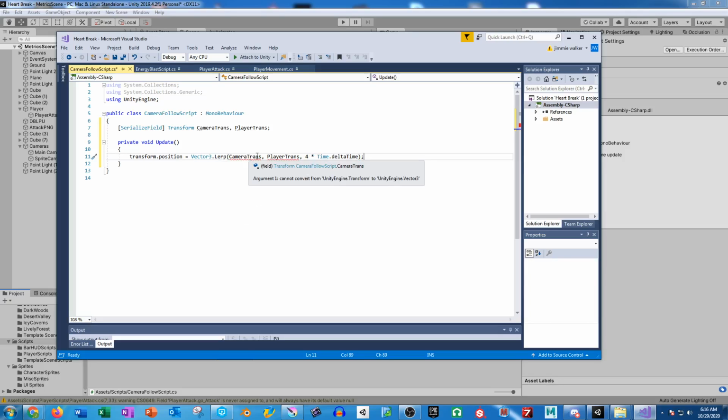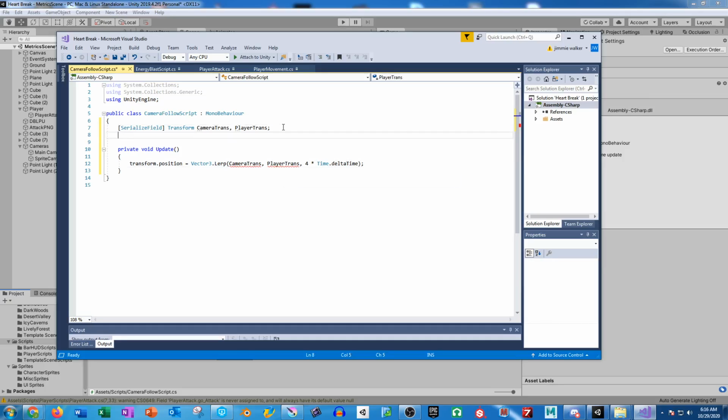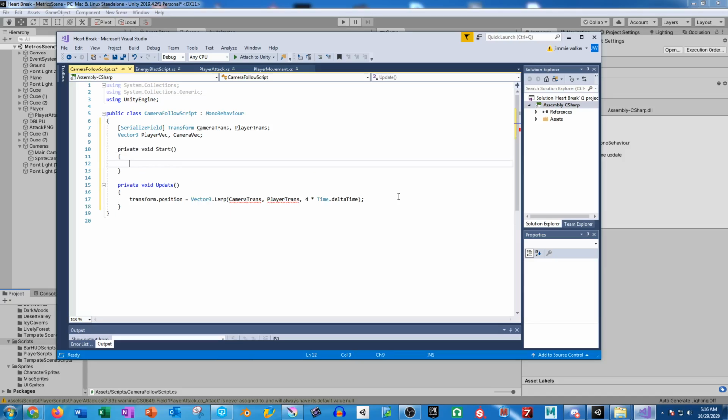So as I said, we're going to get errors. Why are we getting errors? Well, the reason is because this is a Vector3 lerp and this is a transform. So now we need to say Vector3, and we're going to say player vec, and we'll have camera vec. And so we're going to say start. Now we're going to tell it, okay, this vector will equal this transform. So the way we do that is we'll say player vec equals